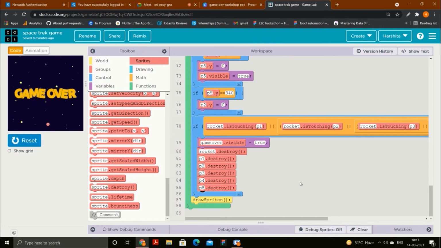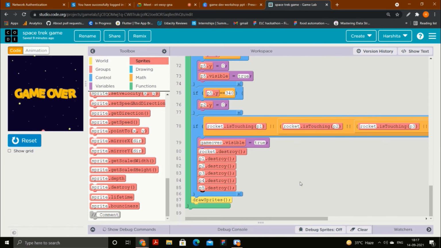So what I want is there should be some kind of timer in the back end, and that timer should start at the moment when I start the game. It will stop at the moment when I stop the game, or when there is a game over. Let's say I am in the game for 10 seconds. Then the timer will tell me you were there for 10 seconds, and I want this to be my score. So if I was there for 10 seconds, my score should be 10.